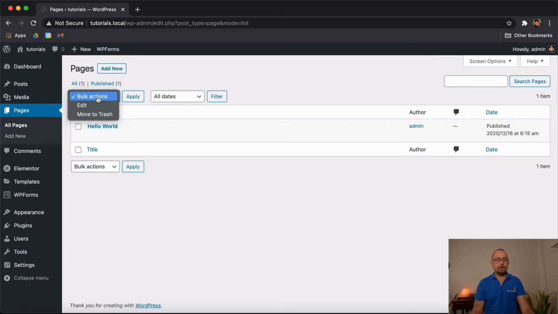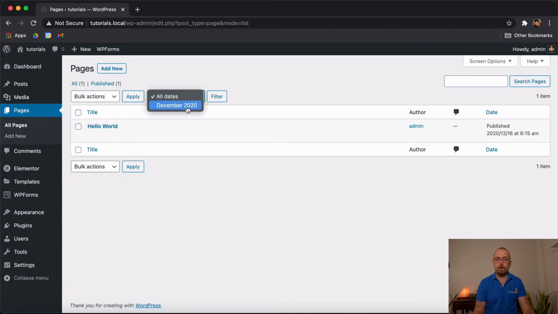So I can choose apply for the extended. Again, you can do bulk actions such as bulk edit or bulk move to trash. Bulk move to trash is the best thing when you're working with so many pages. You can delete out stuff. Maybe you're creating fake pages to start with to send someone. So you can choose bulk action and then select the pages that you want to delete, and then you just click apply.